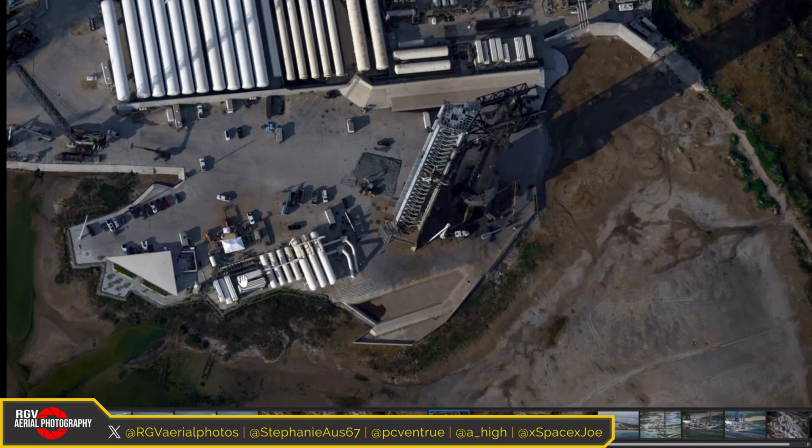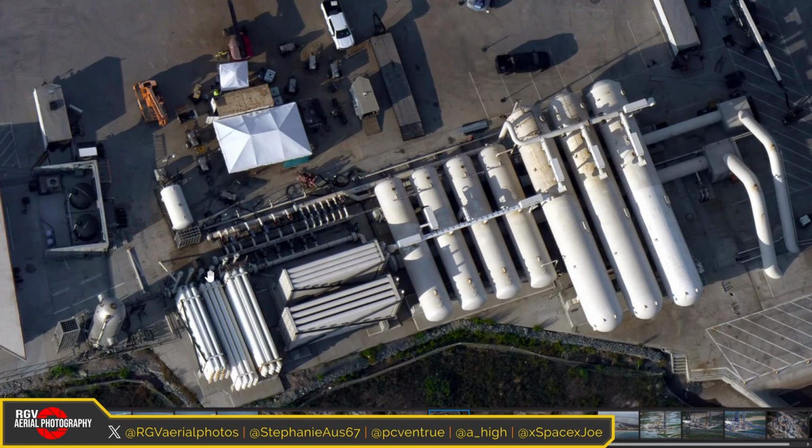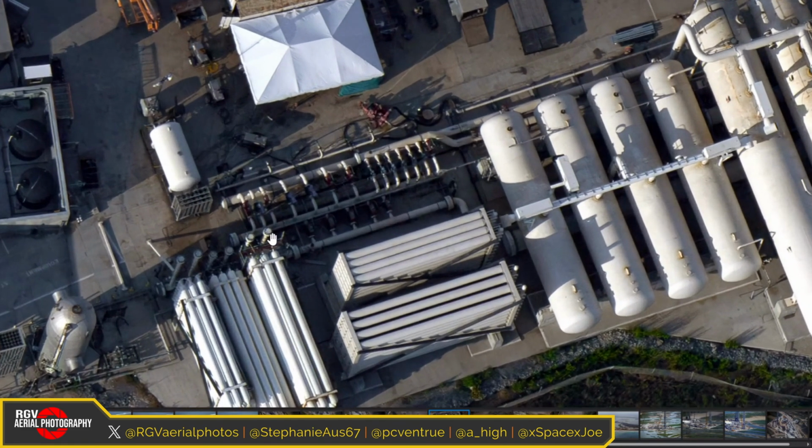Let's quickly go over the deluge farm. Last week we saw these manifolds. These 6 vertical manifolds, these 4 at this end were removed. That was a joke earlier. Perhaps they were taken out so they couldn't use a deluge farm by mistake. But they've been reinstalled, so I'm not sure what happened there or why they pulled them out and put them